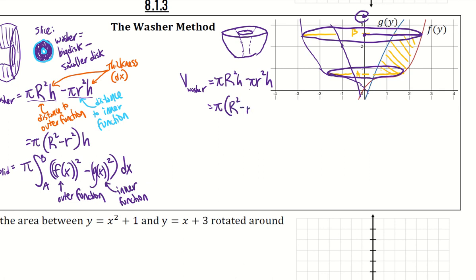And the thickness in this case, if you're looking at your representative disk being rotated around, the thickness of that disk is now dy, because you are stacking them on top of each other. It's going to be the distance of your y values. So go ahead and let that be dy, which means when I find the volume of my solid,